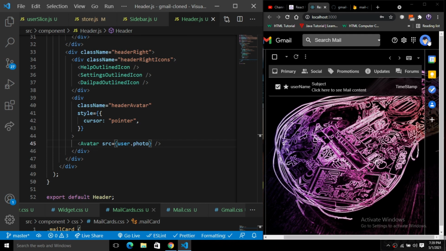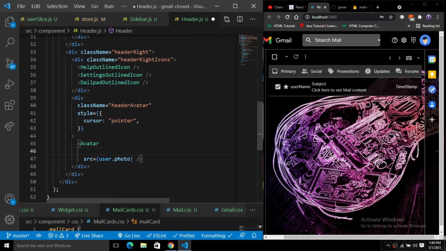One more thing we will do: we have to add logout functionality. So here we will add an onClick to log out. So how will we do this?